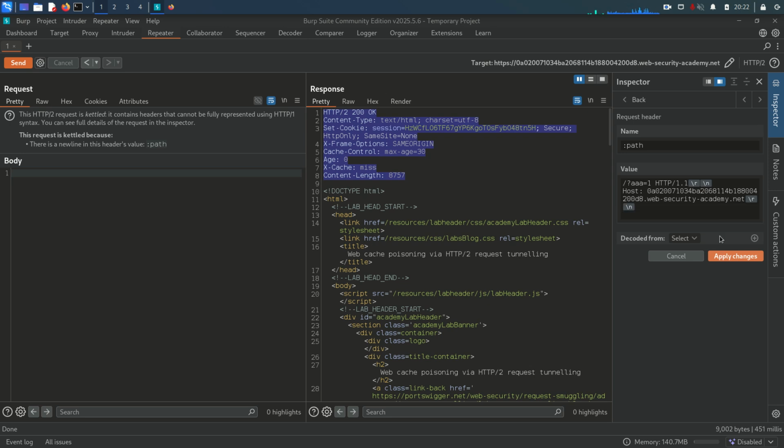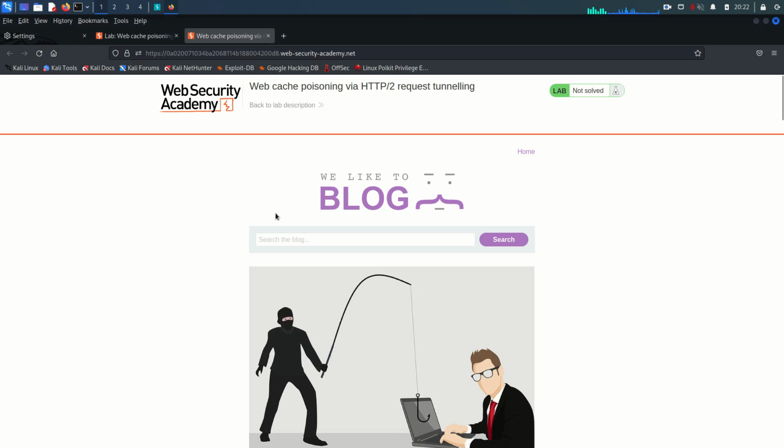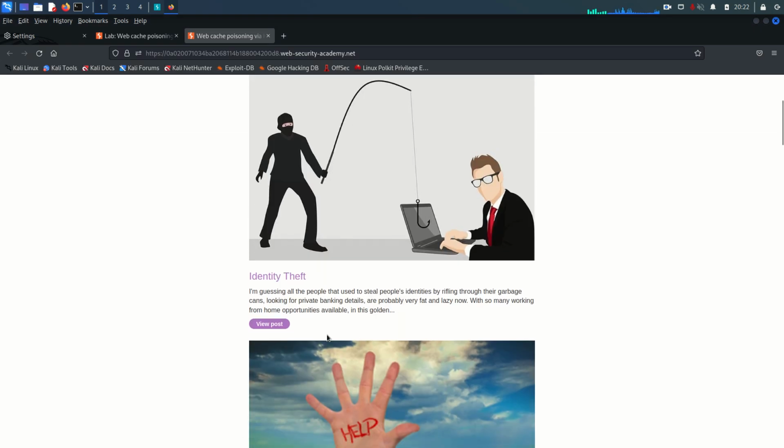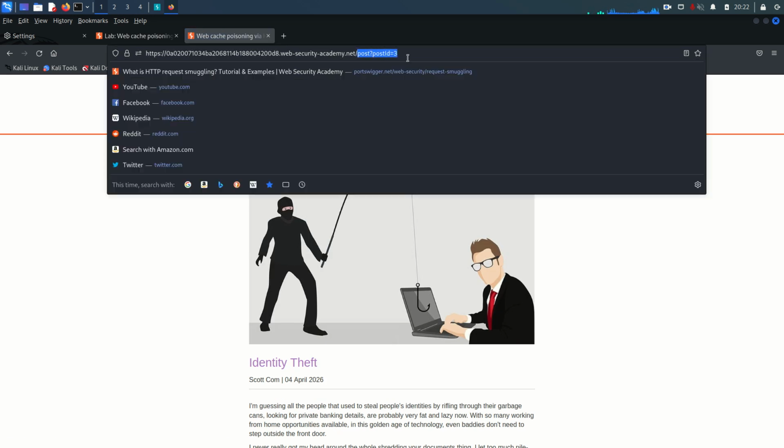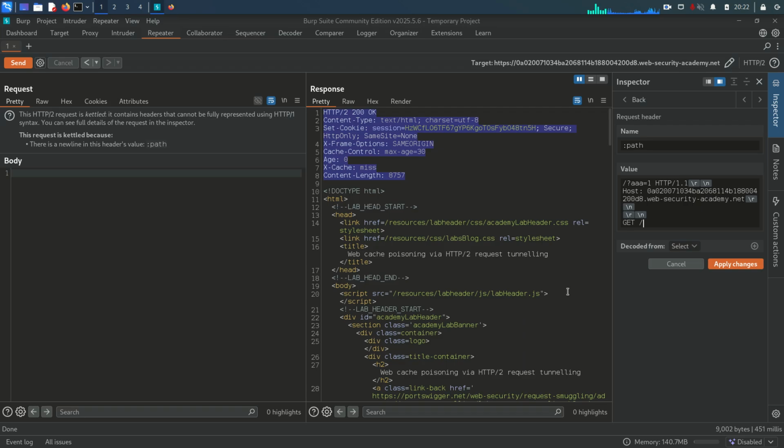So shift enter, and then I'm gonna add a smuggled request, which is GET slash, and let's see, here we have the blog post. So I'm going to check the post ID. If I just click on view post, we can see the post ID is 3. So I'm going to take that, Control C, back to the repeater, paste that, and then